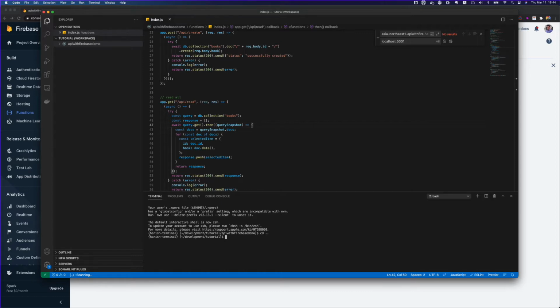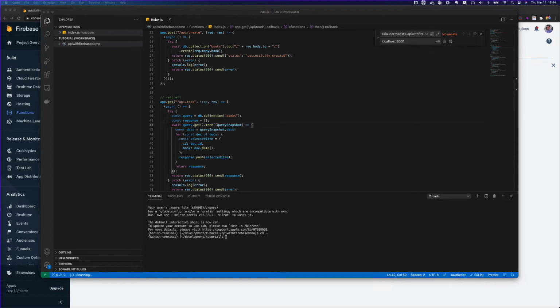If you have not installed Angular CLI, please install it. The command is npm install -g @angular/cli. The -g is because you want to install it at the global level of npm. Once you do that, you will be able to use Angular commands. I have already installed it, so I'm not going to do it again.